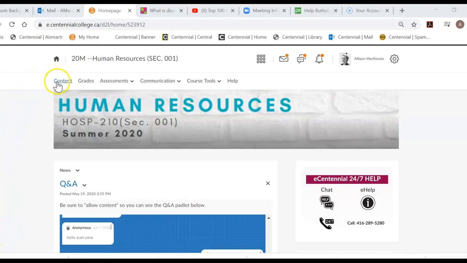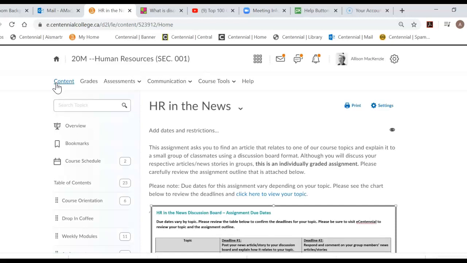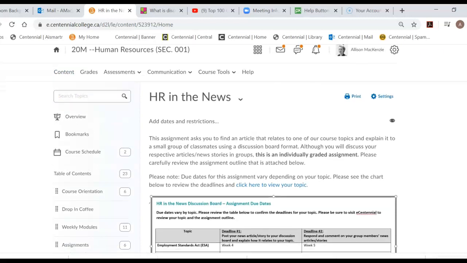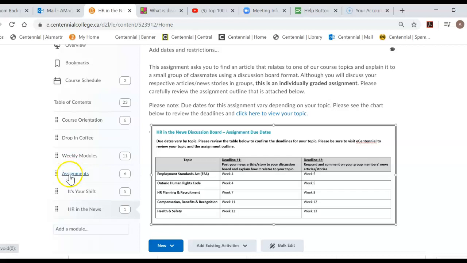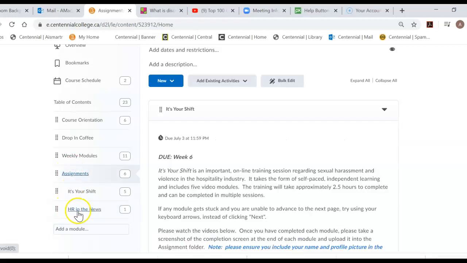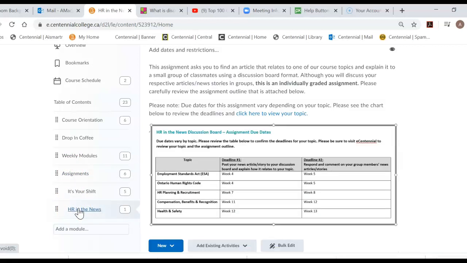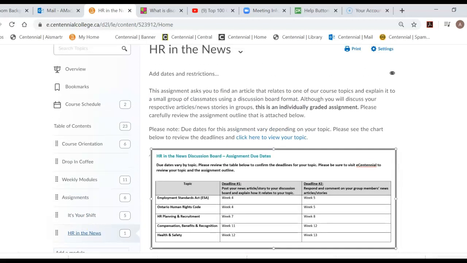If you start in our content section, where you look for information on all our assignments, and go into the assignments folder, click on HR in the News. I've explained here that the point of this assignment is to find a news article or a story or a video that explains and provides an example of one of our course topics that is happening in real life.